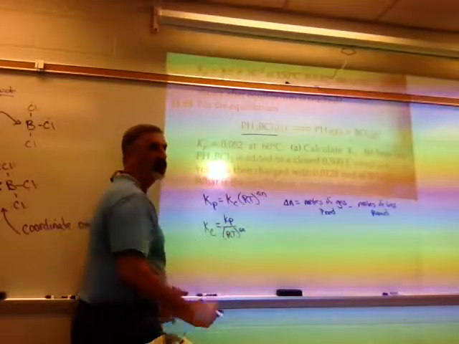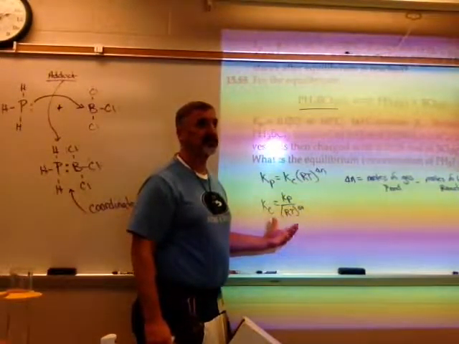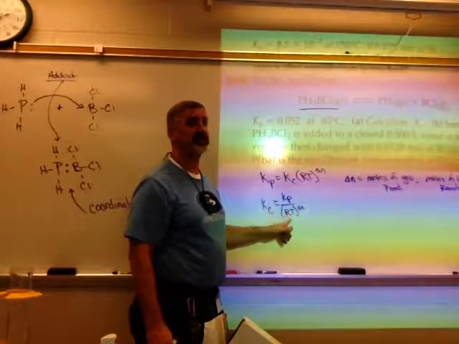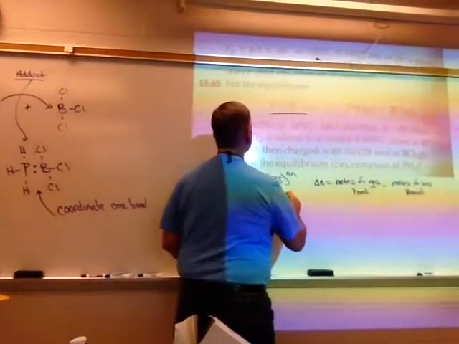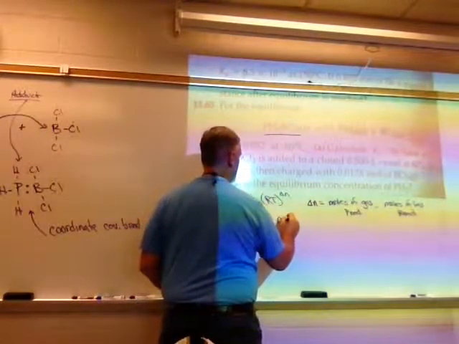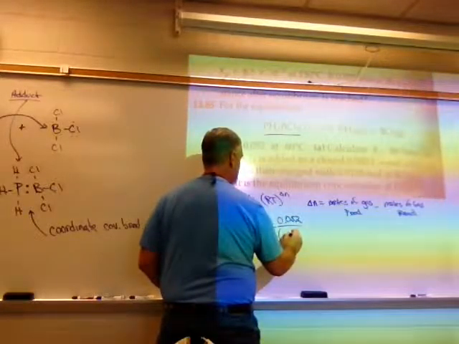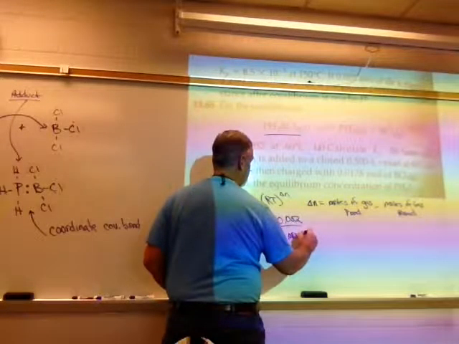Now, and by the way, what's R? That's the ideal gas law constant. That's our 0.0821. And T is the temperature. Since it's not delta T, what unit does T have to be in? Kelvin. So Kp is given as 0.052, divided by 0.0821 times the temperature of 60, which is going to be 333 K,